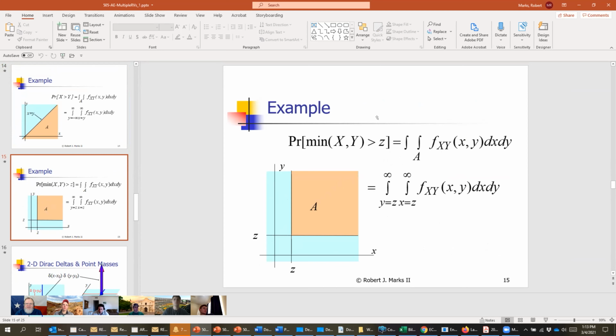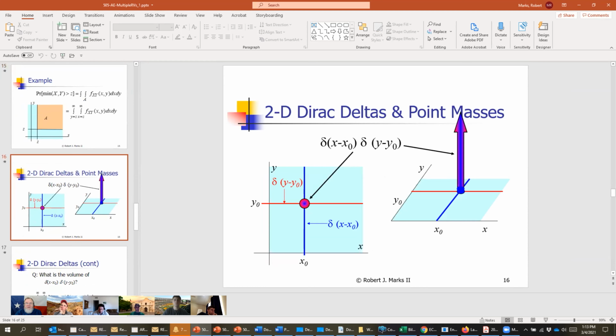Let's talk about point masses. Point masses are characteristic of discrete random variables. And again, I like to use Dirac deltas because they're so beautiful, and it unifies all the probability arguments into just the probability density function and the characteristic function. We don't have to worry about Laplace transforms and Z transforms and other things. So this is what the Dirac delta looks like in 2 dimensions. It's a point mass. Now this is del of x minus x naught. You see that there? Now let's look at del of x minus x naught.